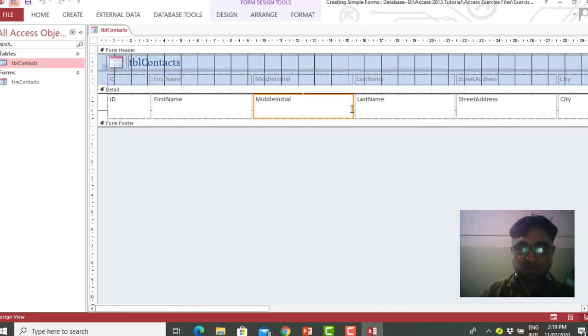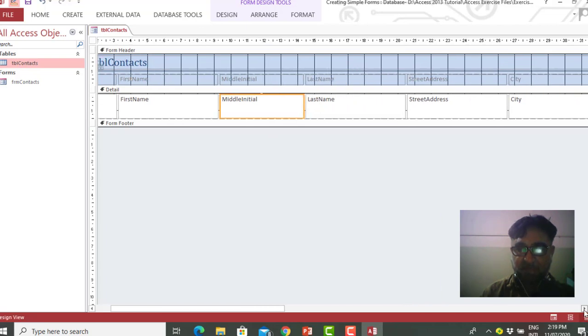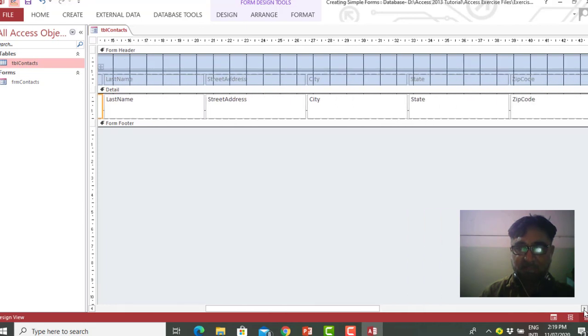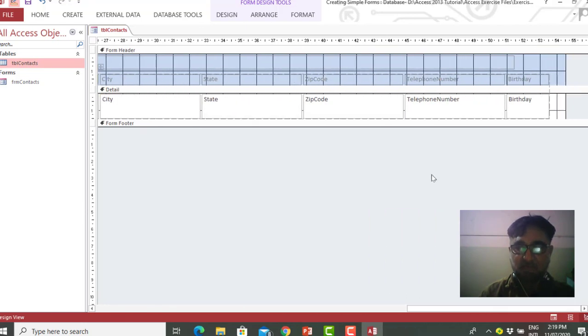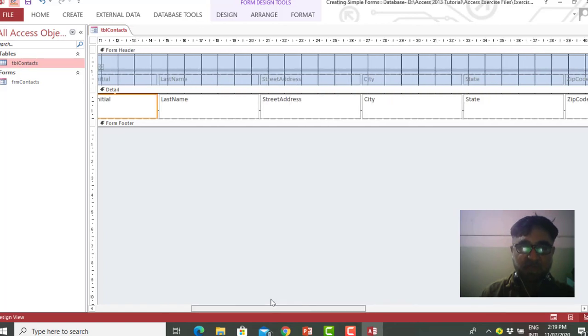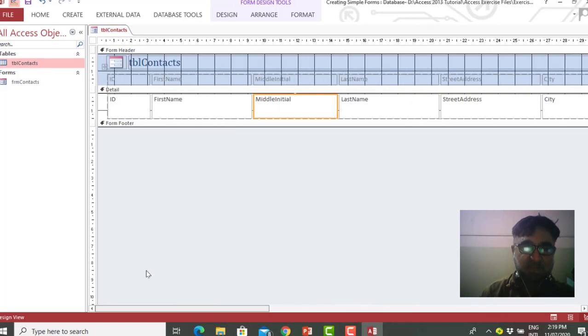If you want to make these fields smaller, you can do it in order to see them, but there are a lot of fields, so we don't want to bring them all on one screen, so let them be the way they are.